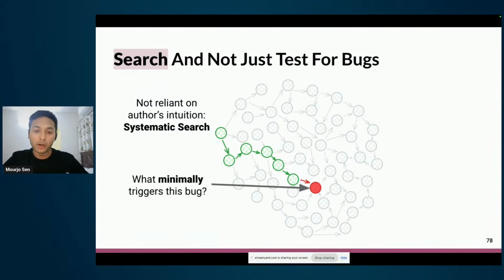Now, it would have been fine if it just stopped there, but property-based testing takes it a step further. So it says that, okay, I will search the problem space for any kind of bug, but once I find an input for which the property doesn't work, it is going to also reduce the input to its most minimal form, so that it is easier for us to fix the bug. Because finding bugs is one thing, but ultimately we want to get rid of the bug. So helping the programmer or the author to get rid of the bug is much easier if the input is small, the most minimal noise-free input, right?